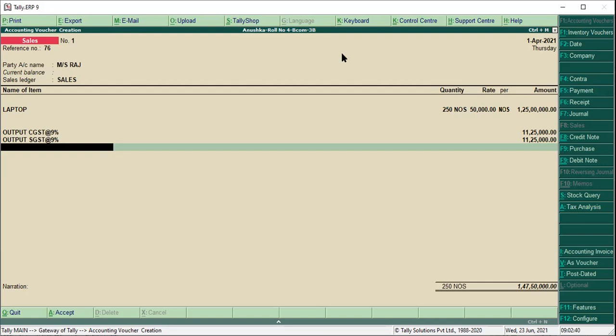They'll ask you questions in the viva: what is the taxable value, what is the invoice value? Taxable value is before tax. We'll see the report now. This is how to enter the sales transaction. Save it with Control plus A.